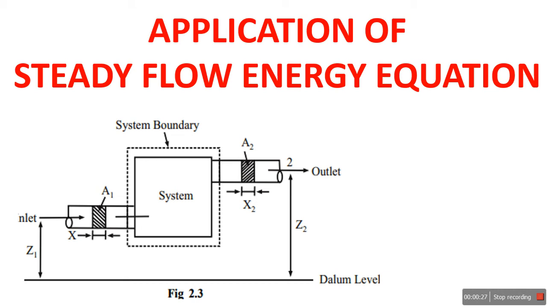A certain system where we develop a design where some kind of mass will flow at a constant flow rate. Through that mass flow rate there is interaction between Q and W, heat and work. So we are going to apply the steady flow energy equation for different flow systems in this video. Okay, let's start.